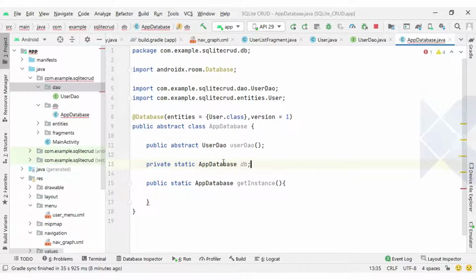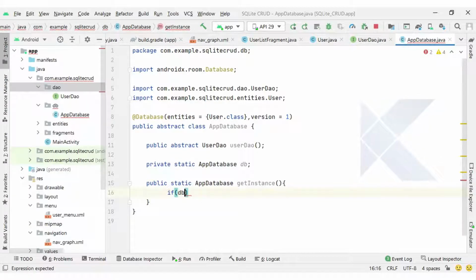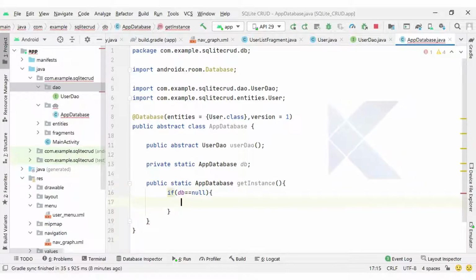So we declare the AppDatabase instance here, and the getInstance method will help me create it. To create the instance we can write: if db double equals null. It will be null only the first time. So if it is null, we need to create it.